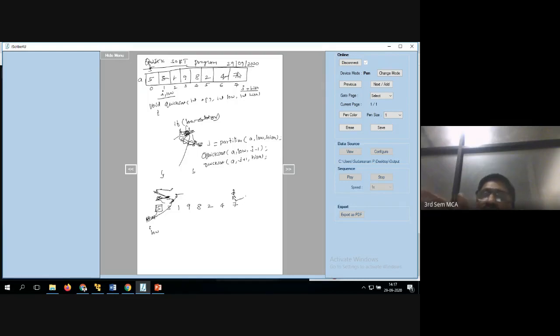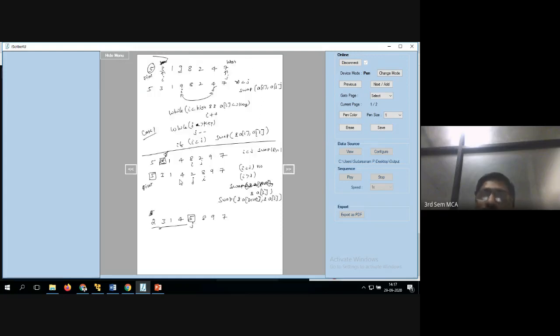You are sending these to the partition. Next, calling the same function, quicksort of low comma j minus 1. A is common for all the functions. Another one is quicksort of A comma j plus 1 comma high.